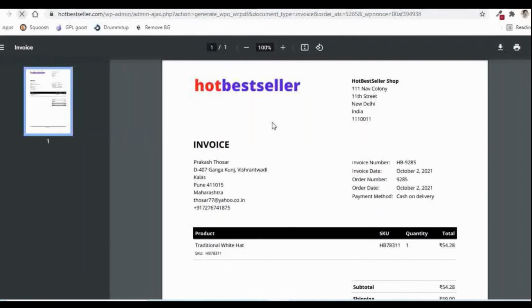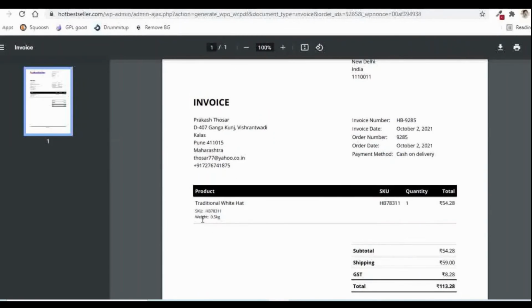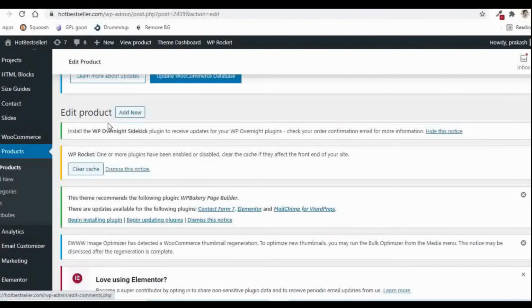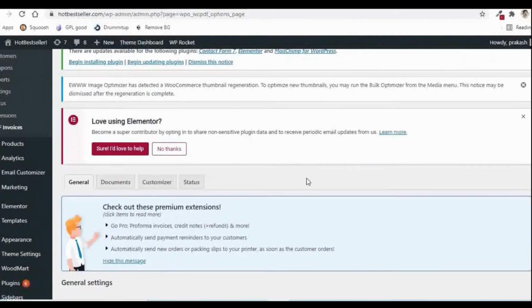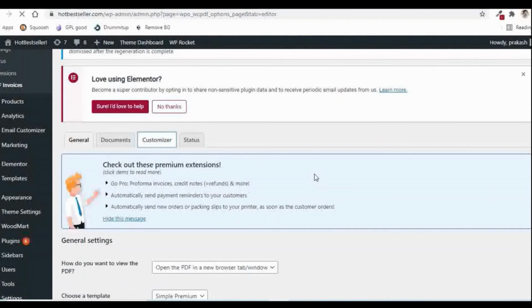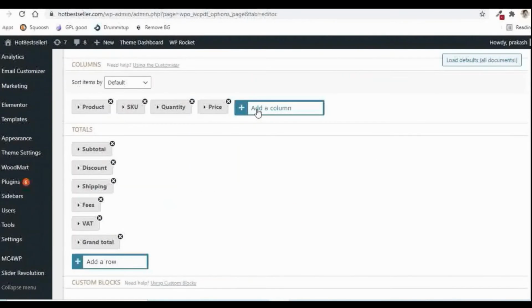So if I refresh the invoice now, I will immediately see that under the product details, I see the weight mentioned as 0.5 kg. But if you would like to have this mentioned somewhere over here and also the total weight, what we can do, we can go to the PDF invoices, and under the customizer now, we need to add